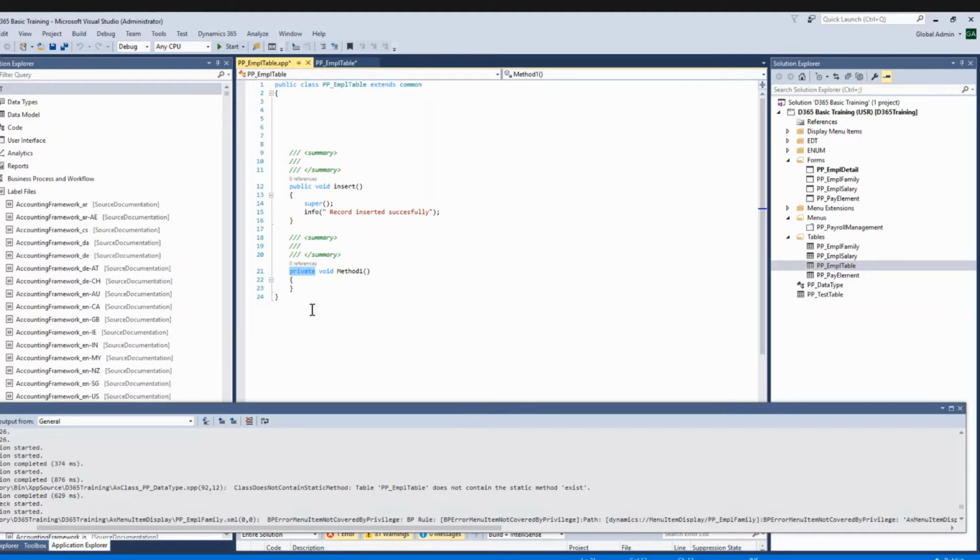It has to be public, then the table name, because this will return the table, then the name of the method. And there will be parameters.